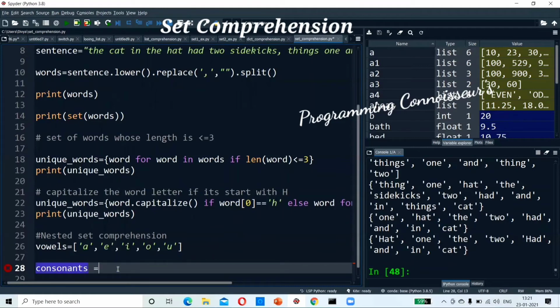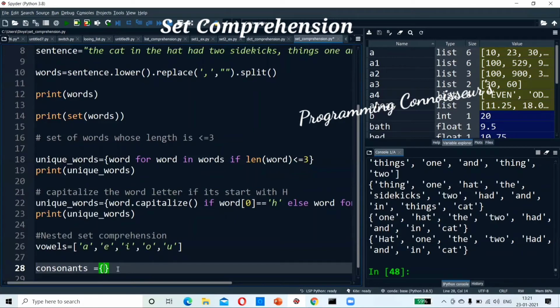So if I say consonants, what do you mean by consonants? I want to find out the consonants. No, I want to print a set of frozen sets.